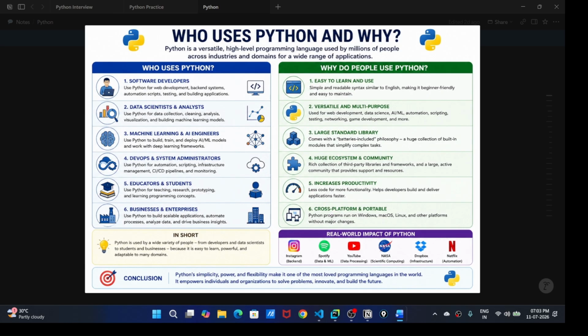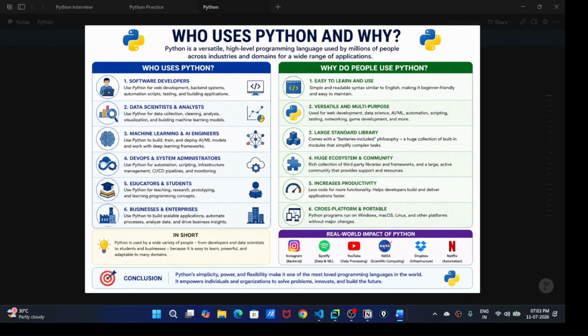If you are a DevOps engineer or a system administrator, you use Python to automate tasks, infrastructure management, monitoring, and scripting. Students also have huge demand, because they wonder what career to pursue next.